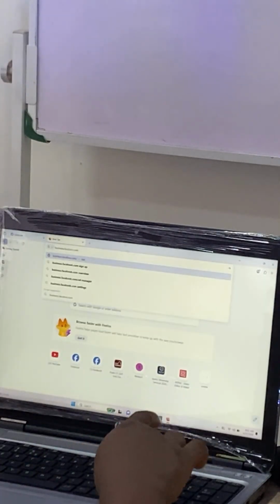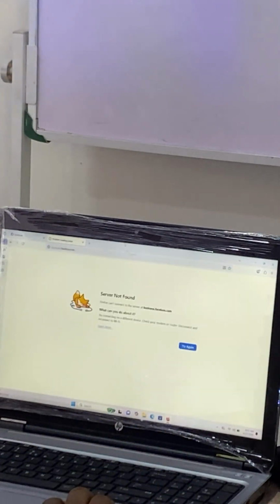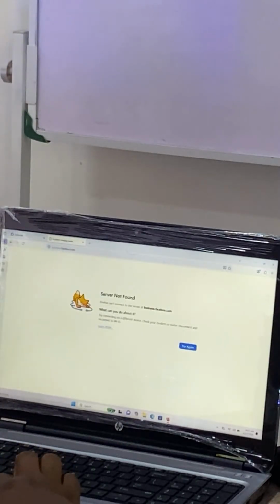So once you get to Facebook, is it from the Play Store or is it from Google? No, just on your web browser. You can use Chrome, Firefox. Like this one, I'm using Firefox here. You can use Google Chrome, which is your browser.